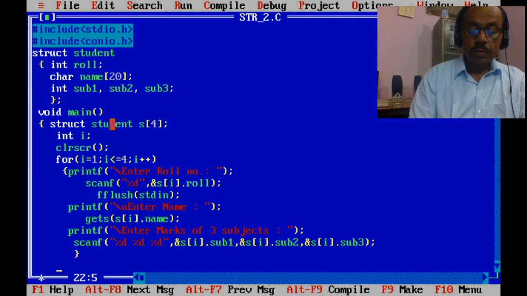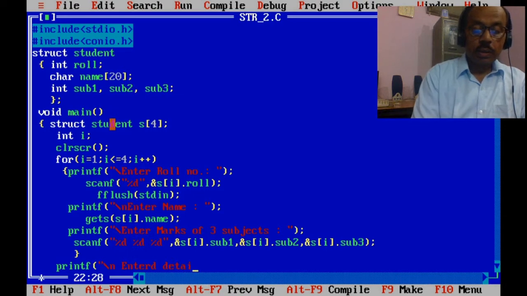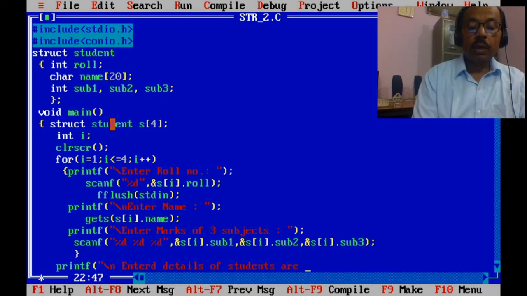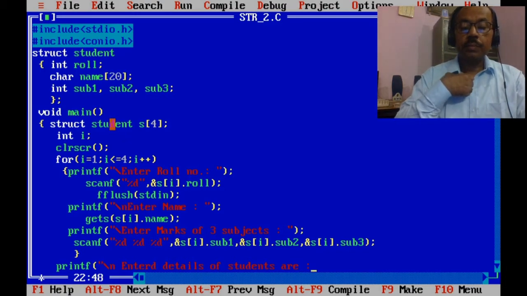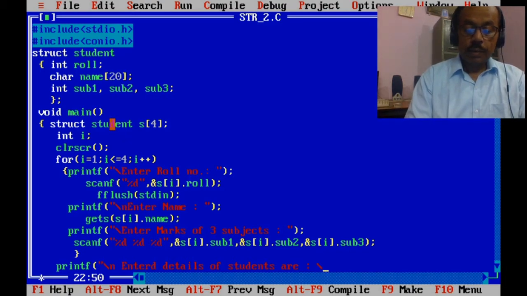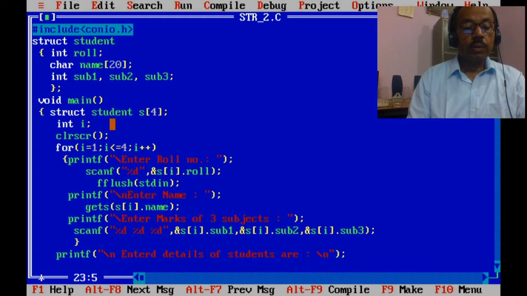Now printf entered details of students are backslash n semicolon.